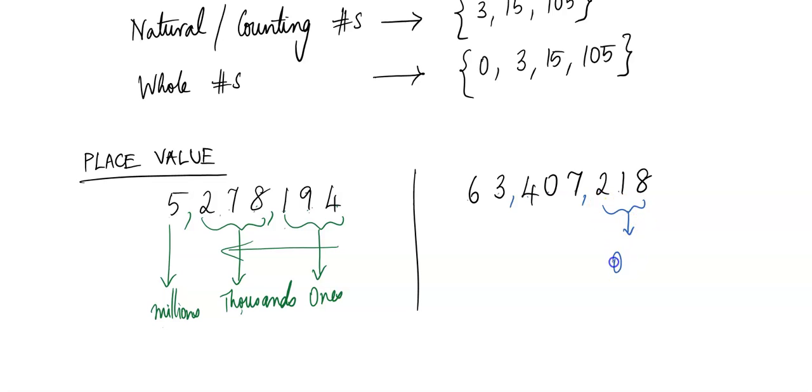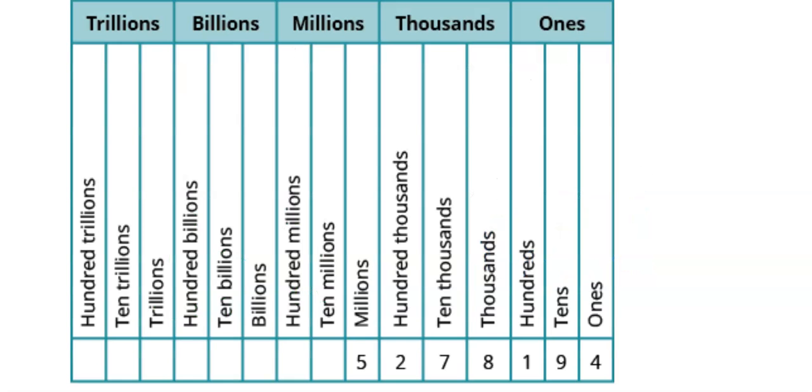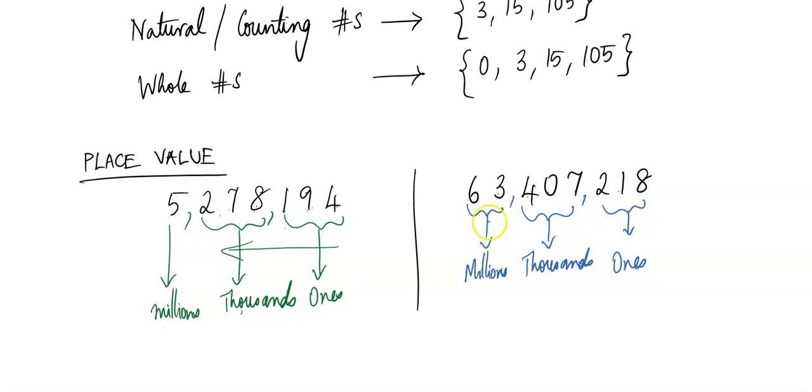the groups. This is the ones group. This is the thousands group. And this is the millions group. Now you can definitely look at the chart to see which position of millions this is. So this was where it was, right? 6 and the 3 were here. I'm not able to write there, but you know that 6 was in the 10 millions and 3 was in the millions. So you will read it as 63, right? So coming back here, I will read this as